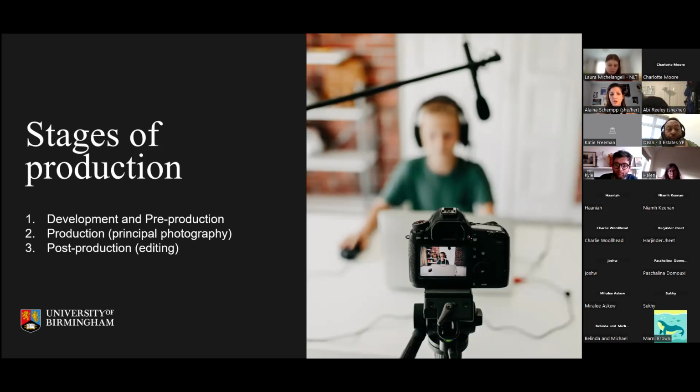The 3 or 4 stages of production that I'm going to focus on today are development and pre-production; production, which is sometimes called principal photography, that's when you get the camera out and the microphone out and actually start making images with your movie camera; and then post-production editing. I'm not going to go into detail in any one of these, but I think it's important to know about and think about when it comes to relaying how one might plan to make a creative project using, say, a camera phone or a low-tech camera of some kind.